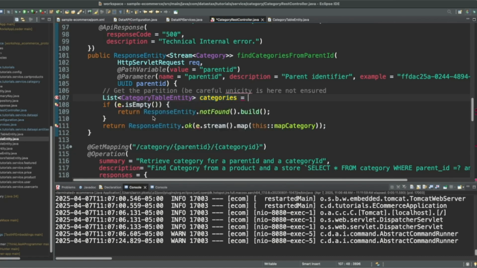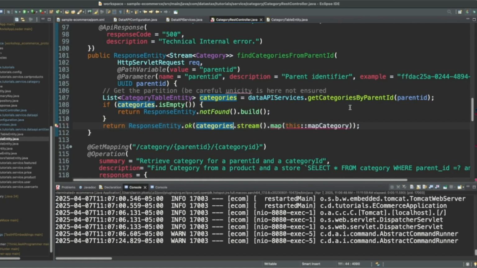There we go. Now we can say data API services, get categories by parent ID. We'll replace that there, and then replace that there. Our mapper is currently not working, but we'll fix that in just a second.